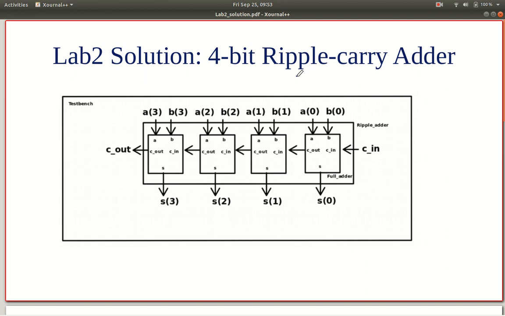If you solve the truth table, the logic expression for the sum is simply an XOR of all the 3 inputs. So sum is A XOR B XOR carry in, and the carry out is true when any two of the inputs is 1. So carry out is A and B, or B and carry in, or A and carry in. This is the expression for the carry out and sum in each full adder.